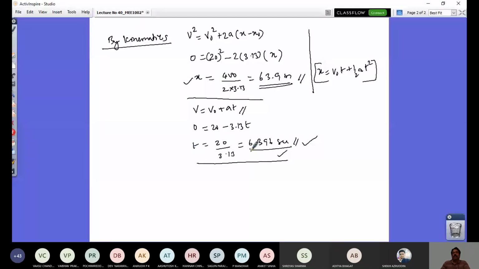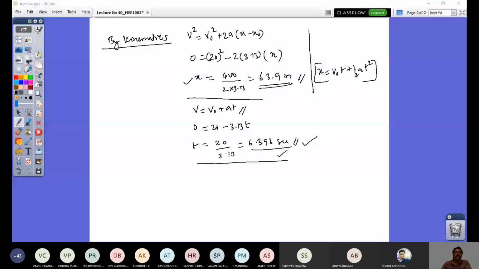So this is a simple problem I have taken. Why did I take this problem? Because I'm going to solve the same problem by other means. That is the other form of Newton's law. So what is that? You know what is